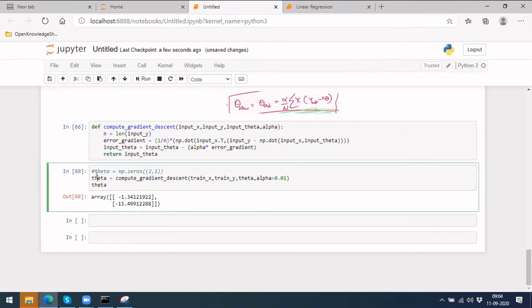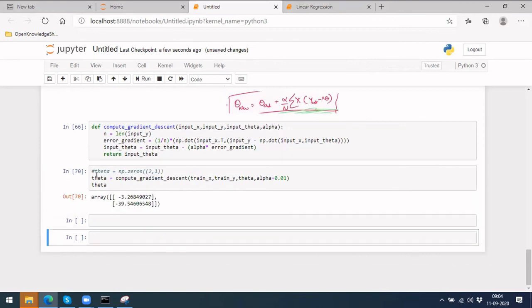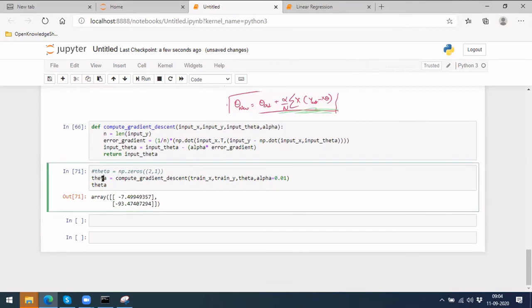So let me do it now. If you see now, it's not varying like how it used to vary earlier. Now it is okay. Previously it went to like 1000 directly, so that was an issue. So now theta is ready. Then the next part would be just a minute.